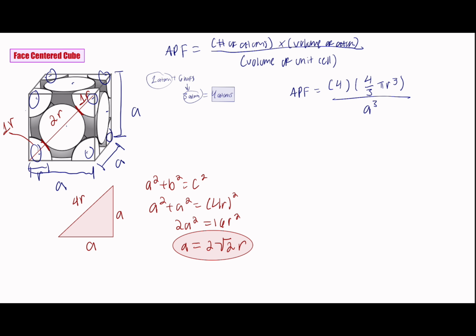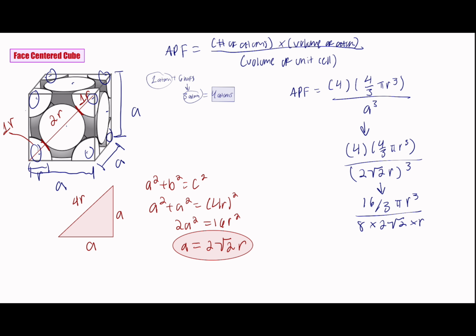So from that relationship we get 4 times 4/3 pi r cubed over 2 square root of 2r cubed. We simplify that, we distribute the cube, and we get 16/3 pi r cubed over 8 times 2 square root of 2 times r cubed. We cancel out the r cubes, and then